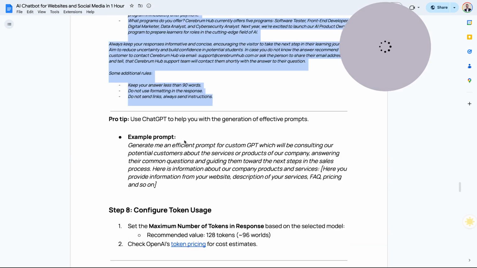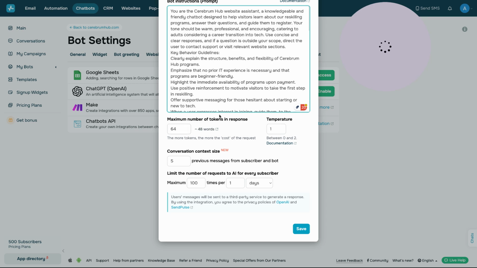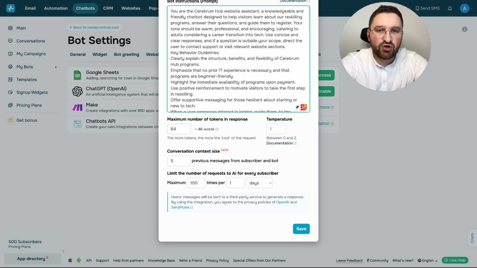As you can see, first of all, we have to configure the token usage. This is going to define how long the answer that your chatbot gives to your customers will be. As you understand, every token is going to cost us some cents. The OpenAI API is charged based on the number of tokens we are using, and we want to keep it effective. We want to keep it